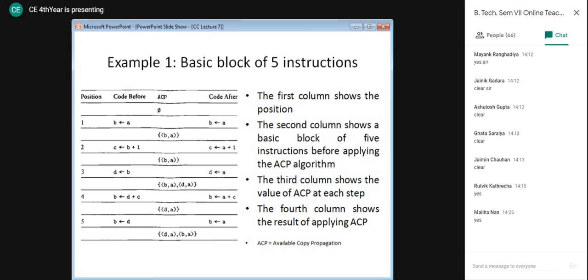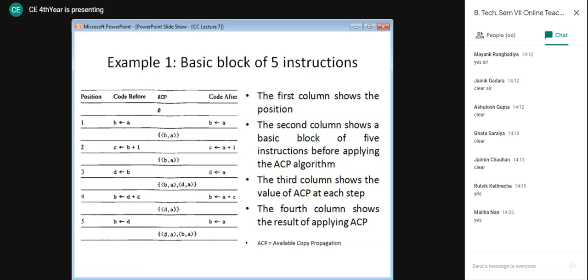Now, in instruction one, A is assigned to B. So now we have one element in our ACP set, but that does not change our instruction. A assigned to B remains as it is. Now let's look at the second instruction, wherein B plus 1 is assigned to C. Here our set remains the same, because there are no further copy instructions available.